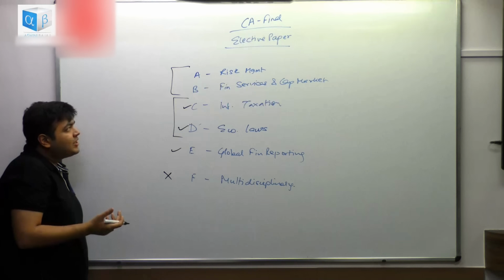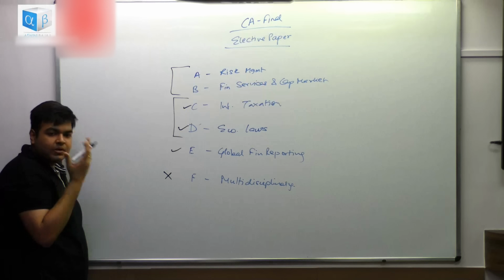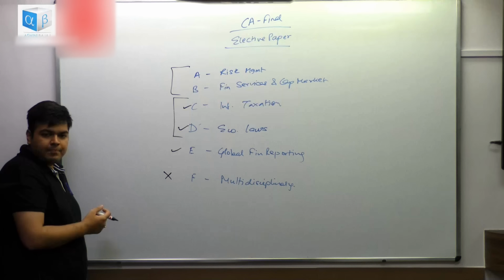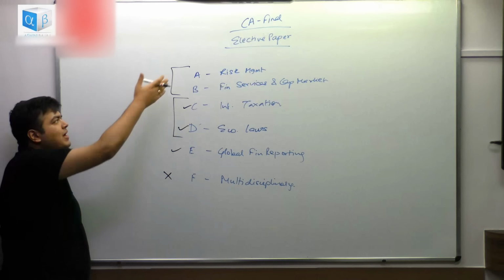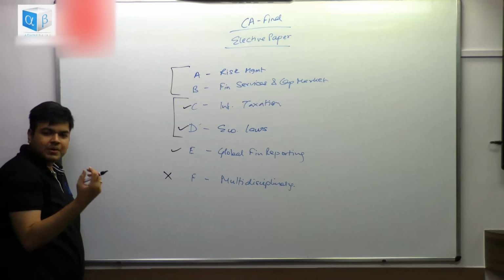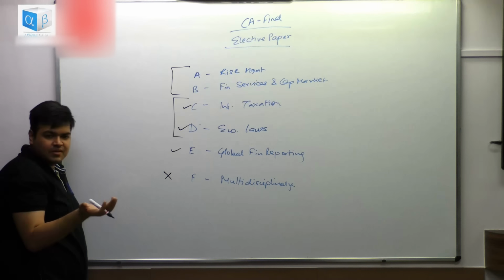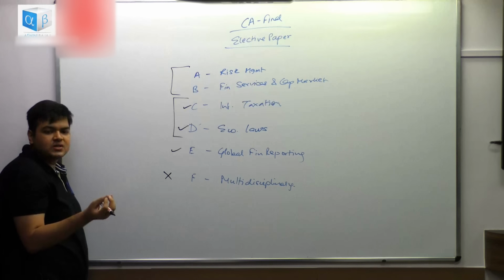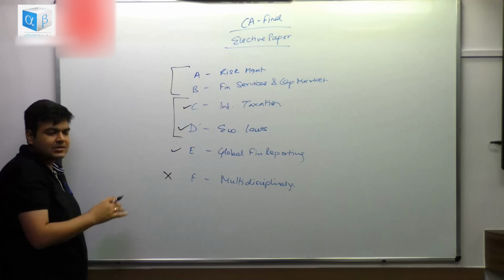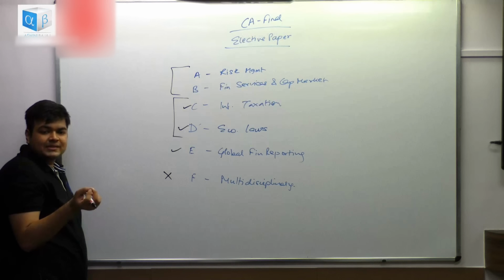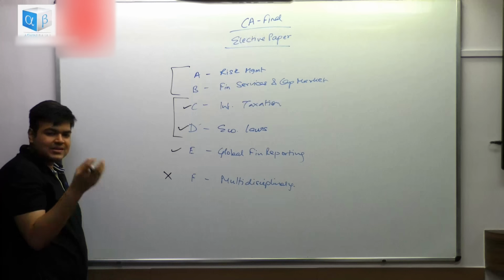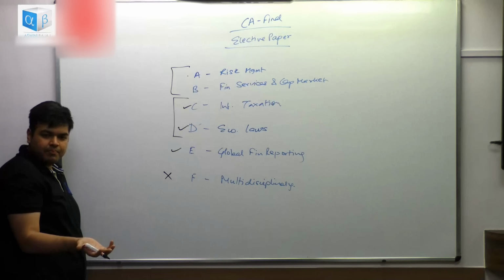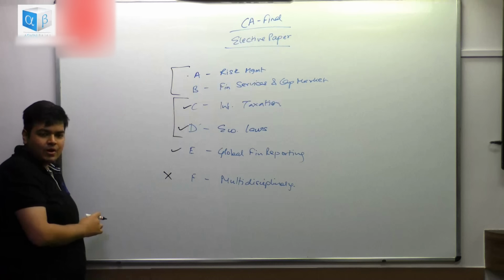Now when you're looking at risk management paper, about 2 chapters out of 9 chapters are going to be in common with SFM paper. You have a risk management reading in SFM, there is a risk management full subject over here, so that subject becomes very easy for you. That chapter in SFM or vice versa, either way, that is the overlap part. And the second is there is a little bit of statistics over here. I'll discuss the syllabus in detail for all the subjects. That is going to make your portfolio easy, because anyways the amount of statistics that you have over here, you anyways have to do that for the portfolio chapter in SFM. So you might as well clear your concepts really very well over here.